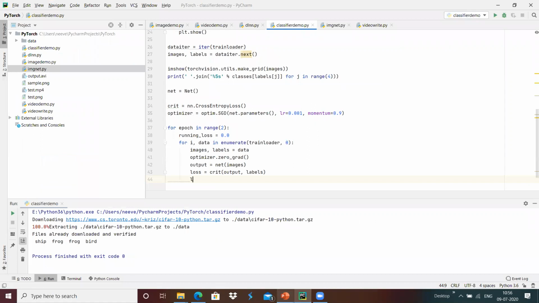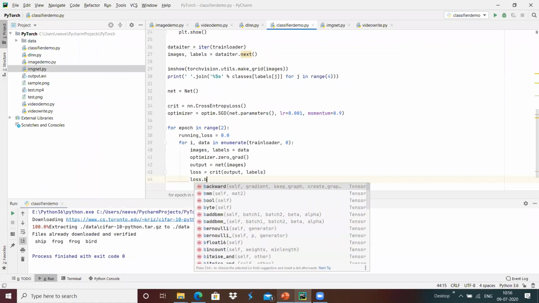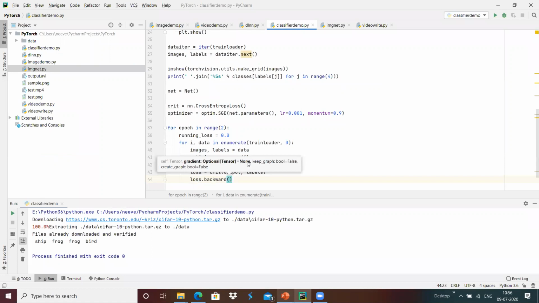Once it is done, we do the backward so that the gradient will be calculated accordingly.